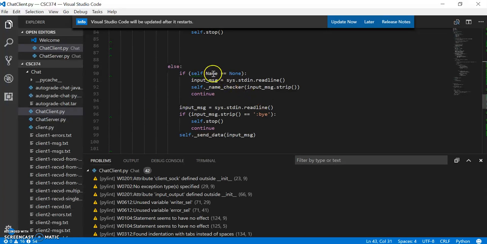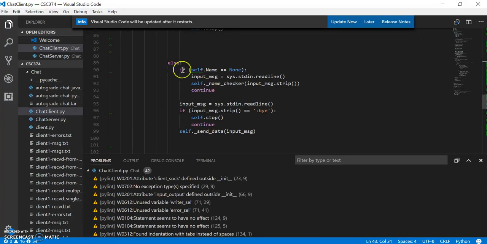And then once it takes that, it's just going to continue, because it's not going to send out the name initially. It's going to send out the next message after the name's been entered. And then if self.name has already been declared as a variable and it's already been initialized, it will just take that input message, so whatever the second message that they put in is,